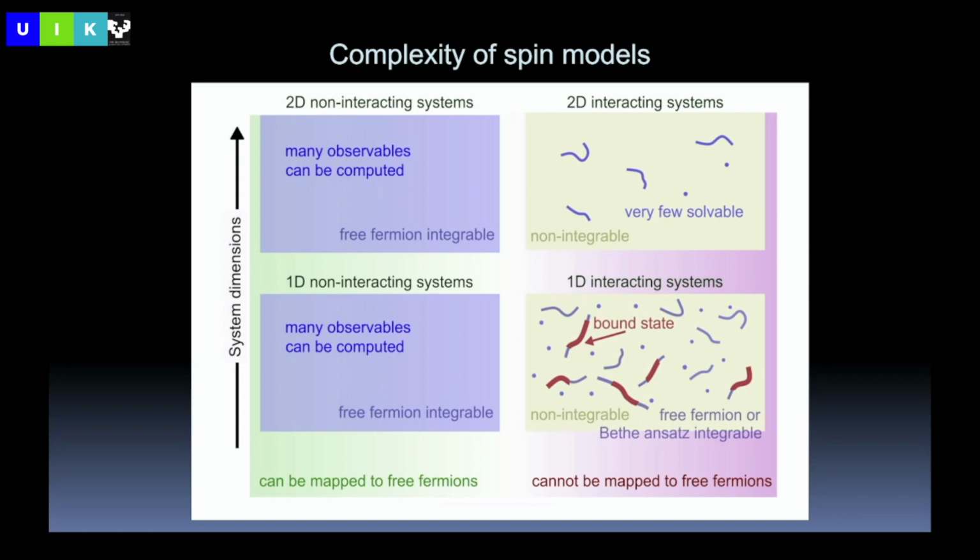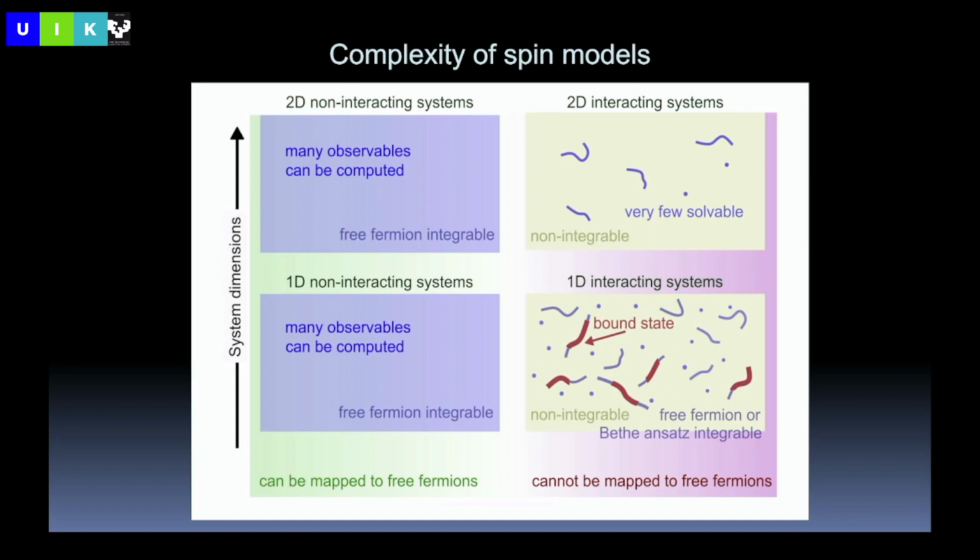If they are non-interacting, if your degrees of freedom are non-interacting, they can be written in quadratic form, and we can call them simple. They don't need exponential resources to be solved. So certain observables are known. Everything is known in principle. So forget about them. And then you come in here, the problems that are interacting, 1D or 2D, they cannot be